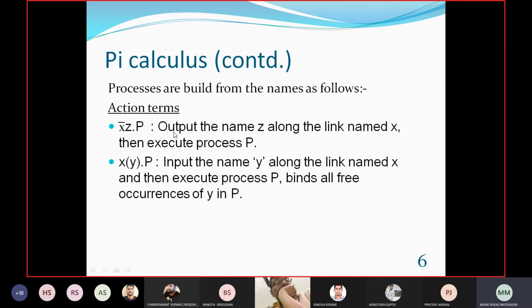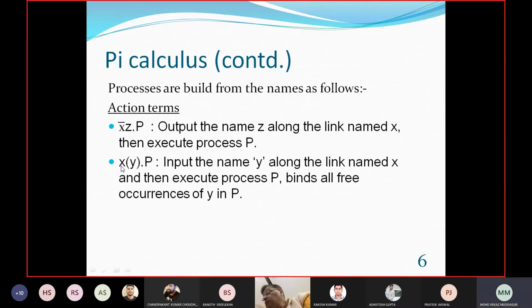Let's say z is a service. x is the link, the service z gets outputted through this link, and after that the process p gets executed.